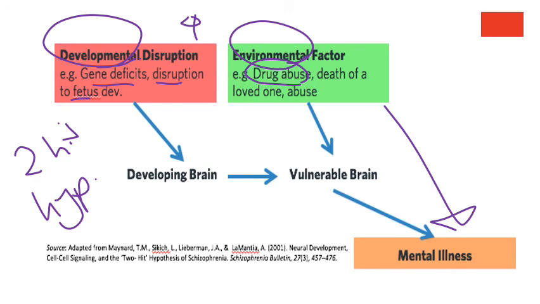Now, in the case of the bidirectional relationship between drugs and mental illness, yes, certainly drugs or substances can cause mental illness. However, what we find is that because people tend to self medicate with drugs, it's really quite hard to separate when the mental illness is developing and when the drugs started being taken and things like that.